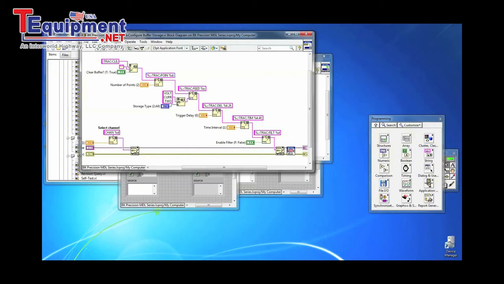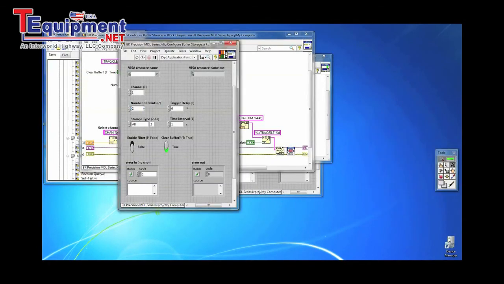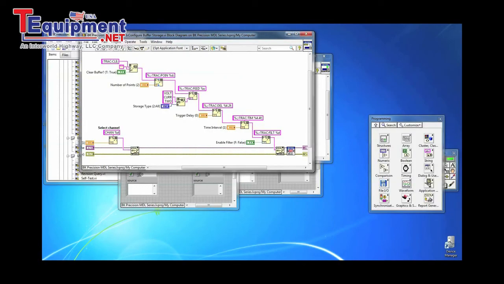Next, you want to set the number of points or readings to store. The maximum is 1,000. For this example, we will set it to 100 and send the command TRAC:POIN 100. The trace feed command TRAC:FEED should follow after. This tells the load which type of data you want to store. Send TRAC:FEED